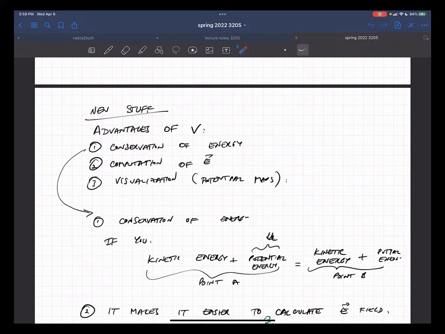And then if you looked at it at some other point, after it started rolling and did a bunch of stuff, at some new height that it ended up in, just from that new height, that new potential energy that it has, you can calculate its kinetic energy and therefore its velocity at that new location. So it's really a huge shortcut using this